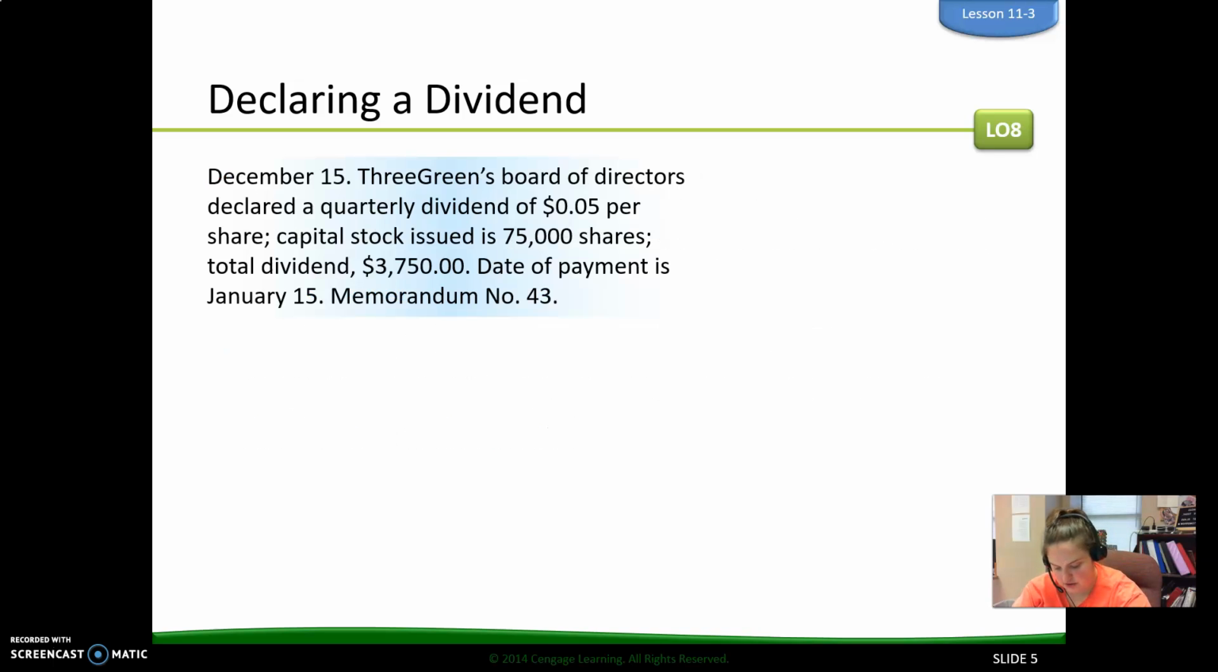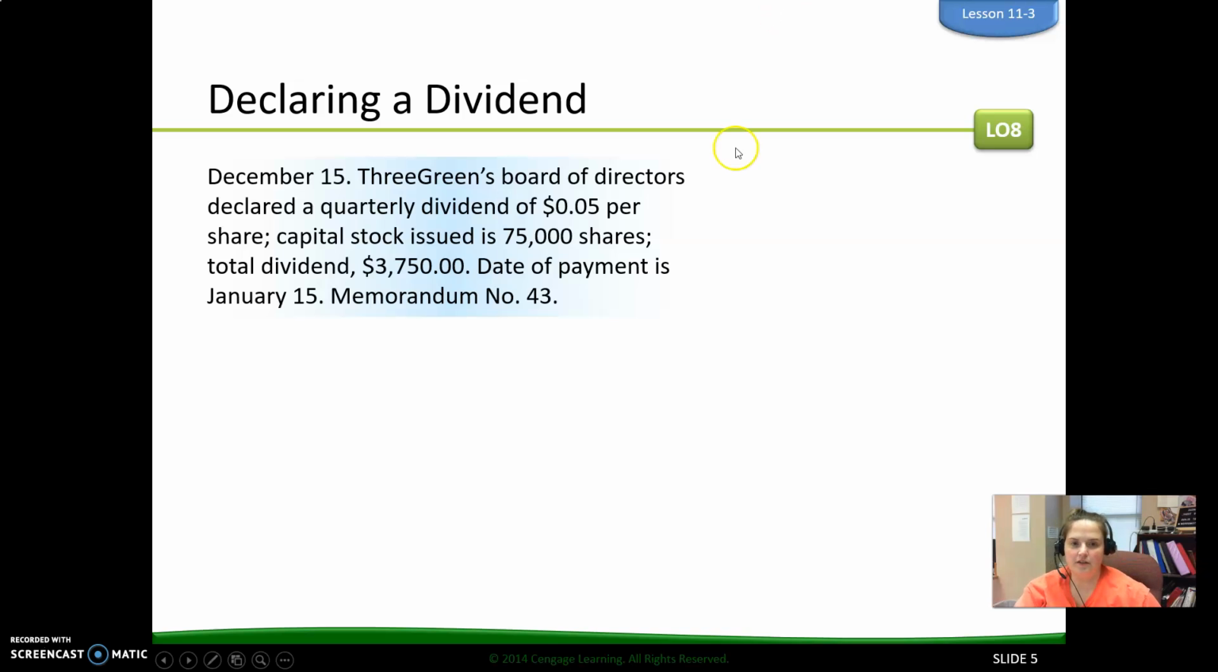So here we have a sample transaction. It says December 15th, Three Greens Board of Directors declared a quarterly dividend of 5 cents per share, capital stock issued is 75,000 shares, and the total dividend equals $3,750. The date of payment is January 15th. Well, if they are declaring a dividend, they're going to debit the dividends account, and by declaring that, they now